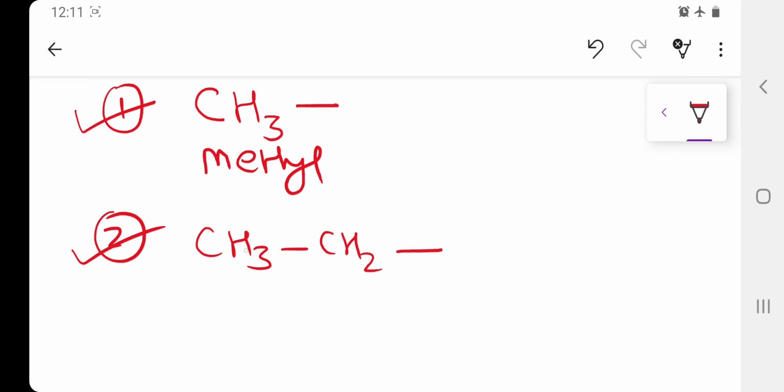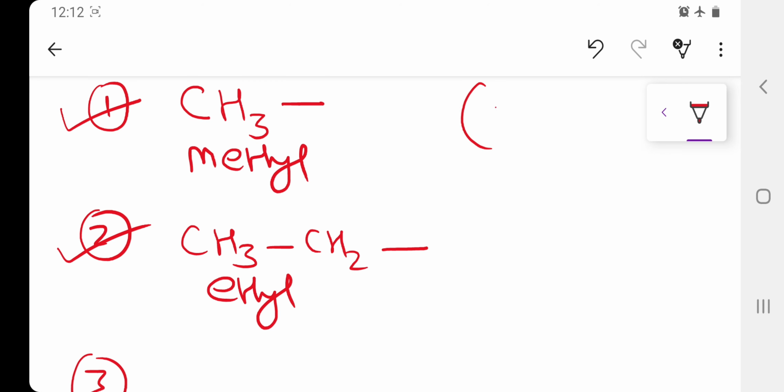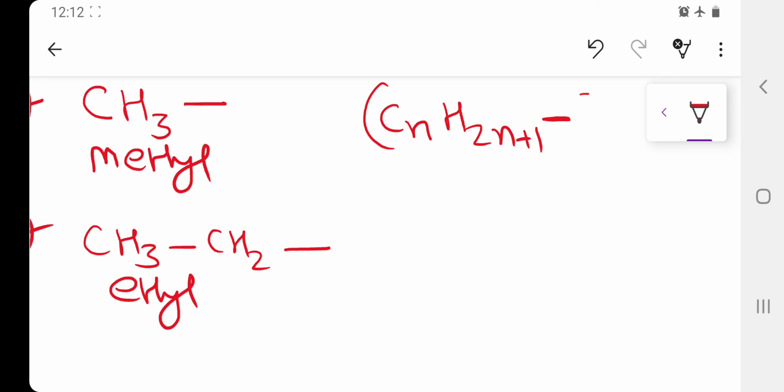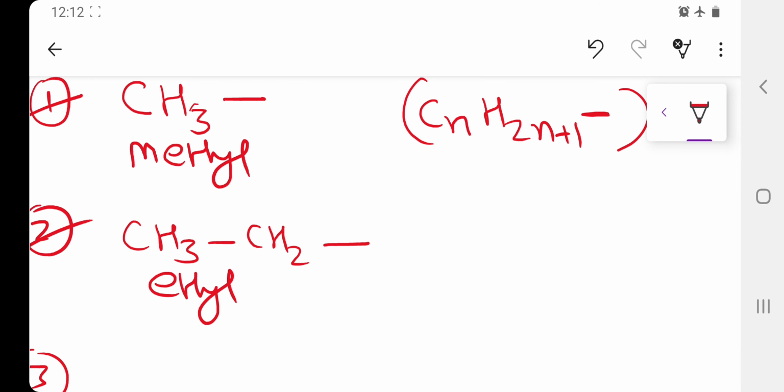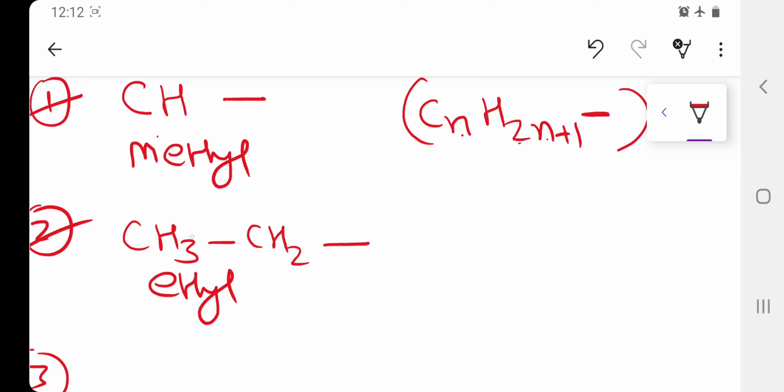Okay. Then this is the ethyl group, and you can always check the molecular formula. The molecular formula is CnH2n+1, and there will be one empty bond on the carbon. If 1 is written here, then 1 into 2 is 2, plus 1 is 3, so CH3 like this. Then this you have to remember, it is C2H5: 2 into 2 is 4, plus 1 is 5, and 1 empty bond.